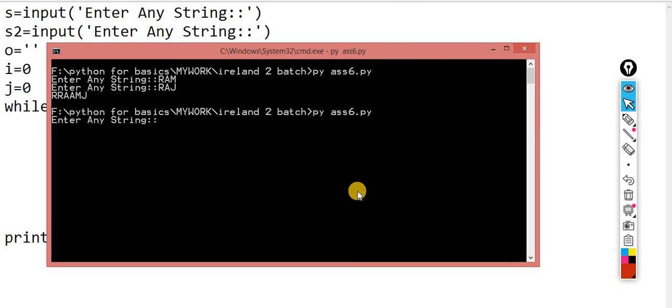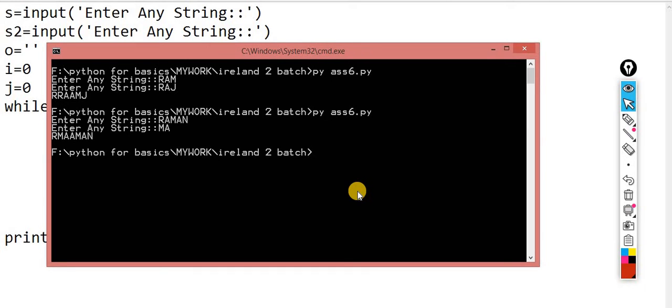So output would be RRAAMJ. RRAAMJ, perfectly working. In the second case, Raman and MA. So now the output would be RMAAMAN. RMAAMAN, perfect. And in the third case, YUVI and UV, let's suppose this one, and here UV 2 times.